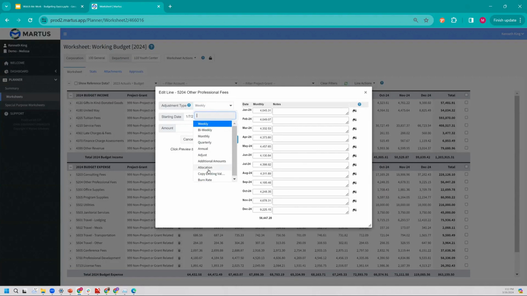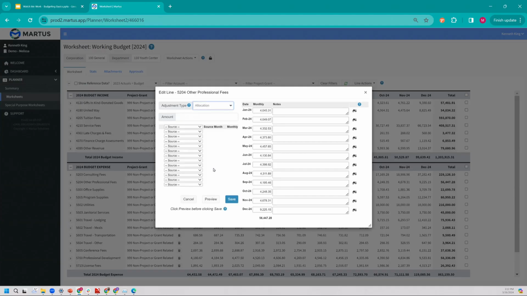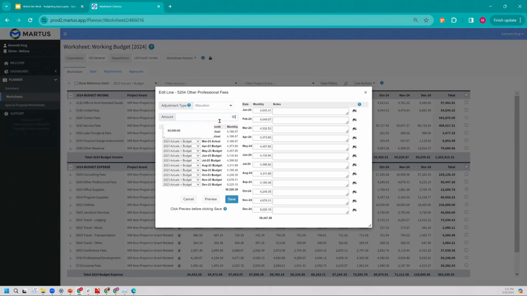Another one of my favorite options is our allocation. So again, with the allocation, we can use our actuals and budget if we want. And what this does is, see how I'm very close? I'm at 56,447. Let's say I want to spend 60,000 next year. What this does is it's going to take whatever 4,166.67%, whatever percentage that is of 56,000 here, it's going to take that same percentage and apply it to our